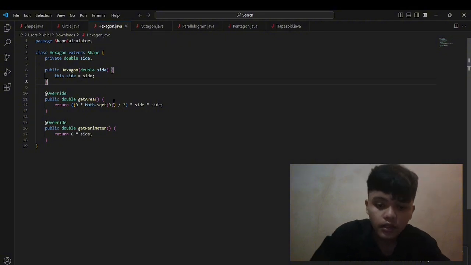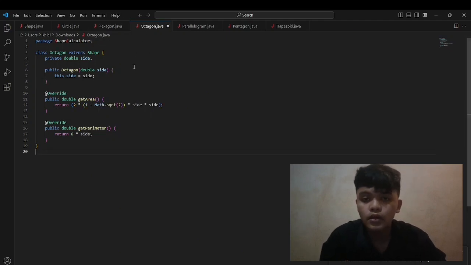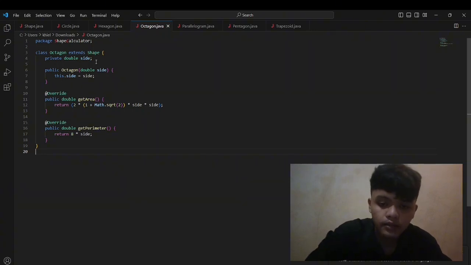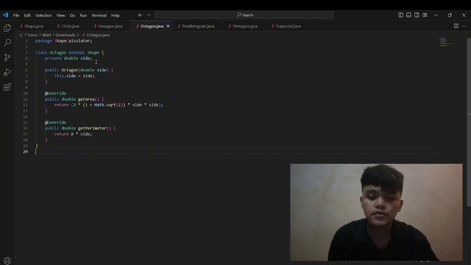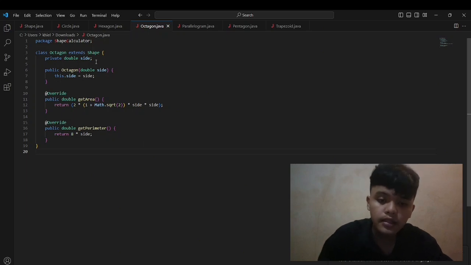And next we have the shape of octagon. The octagon class extends the abstract shape class, meaning it inherits the structure. Class octagon extends shape. It has a private member variable side to store the length of the octagon's side.